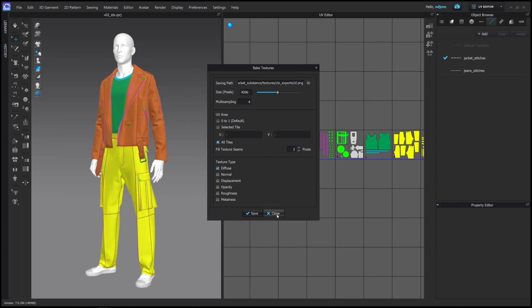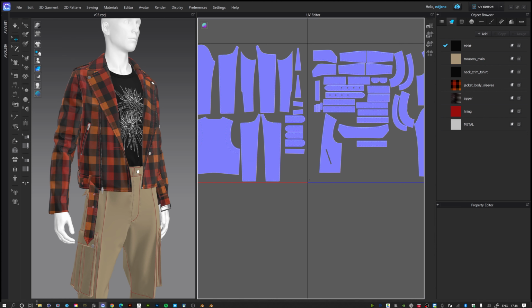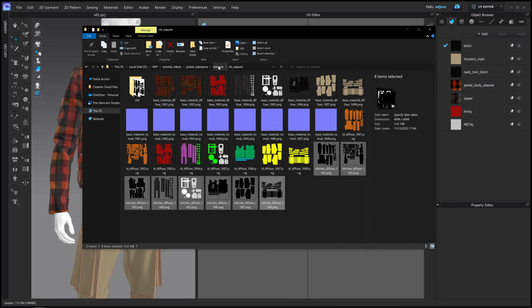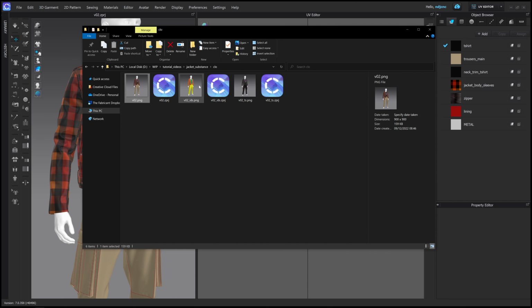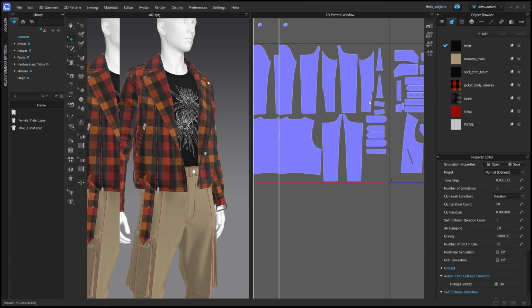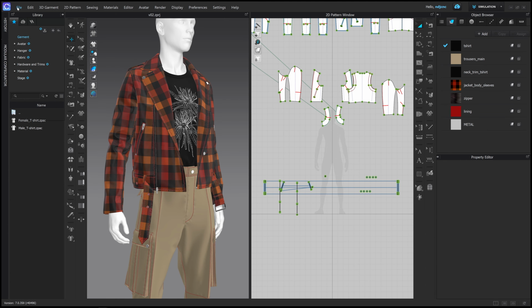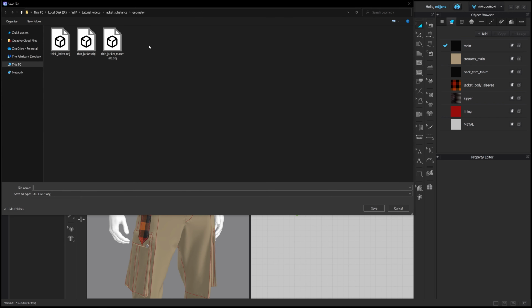So I'm going to go back to my original Clo file. You can see I do actually have 3 versions of this file saved for these different reasons, so I'll show you that. There's the base color, the one for the IDs, and the one for the stitches. What I'm going to do is export this one with the original project that I worked on. So if I go into the simulation workspace and I go to File, Export, and OBJ,